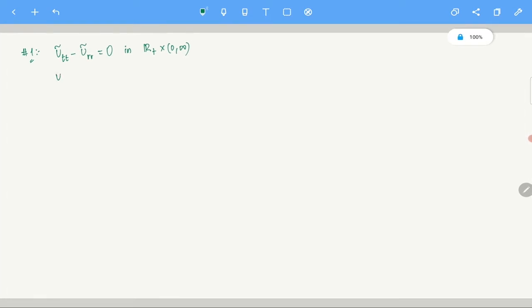Again, u tilde is essentially g, that's what we just discussed. u tilde_t equals h. I really do not have to explain g tilde and h tilde, that's easily seen, right? This is on t equals 0, right? R plus cross t equals 0. Clear? And u tilde is equal to 0 on r equals 0 cross 0 to infinity. I hope that is clear, right?